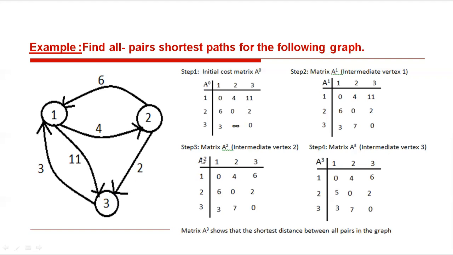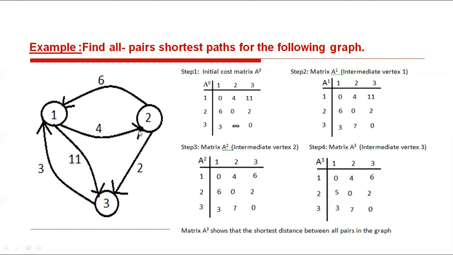Next one A square, all of you. Then here, come here. Then here 2 we take. Here 1 to 2, 1 to 2, 1 is 0, 1 to 2 is 4. Then there is no alternative way. Clear? Only one way. Then the cost is 4. Clear? Next one is 1 to 3.